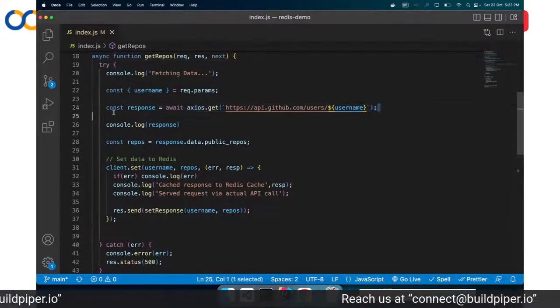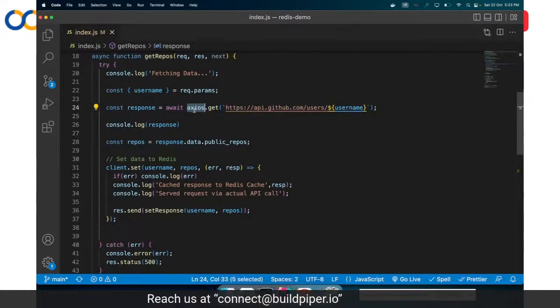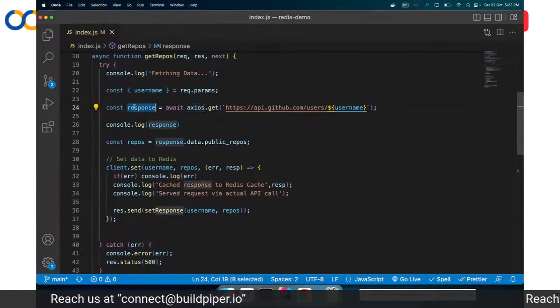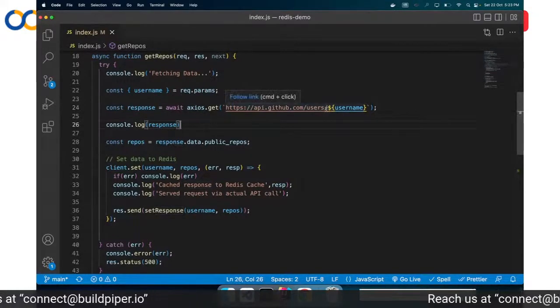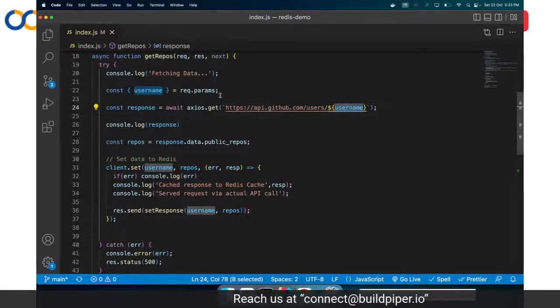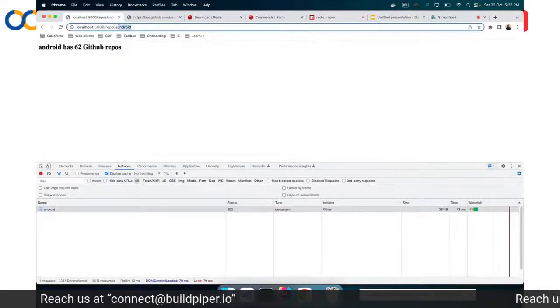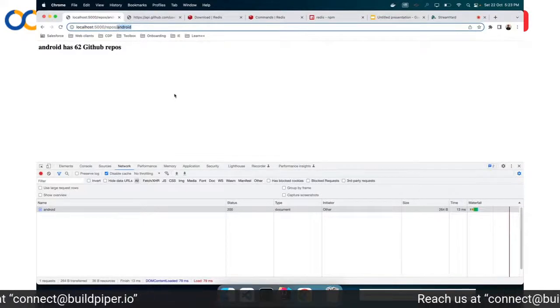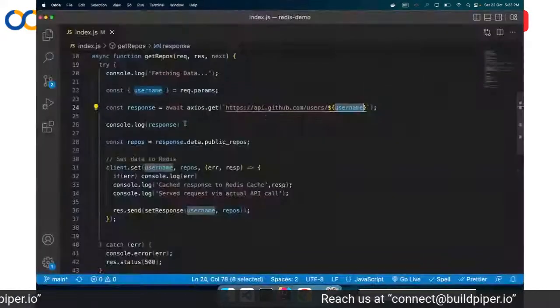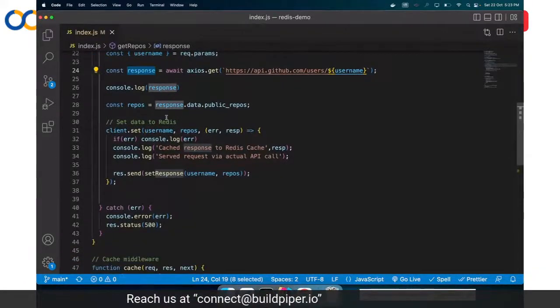For the API call, there is another npm module, Axios, that handles the call for us and just gives a response. So I'm using the same URL and the username that we get from the URL param. Here, this username will be passed from our browser.